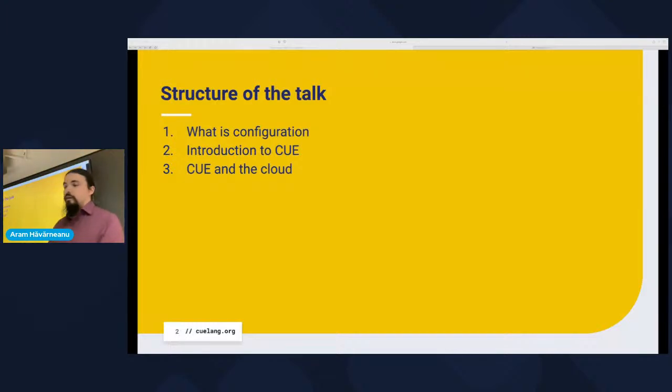So first we're going to look at what exactly is configuration, more importantly what kind of problem we're trying to solve over here, and we'll do that by looking through history. We'll do a walk through history and see how the computing landscape changed, starting from the very beginning, actually, up to the cloud era of today.